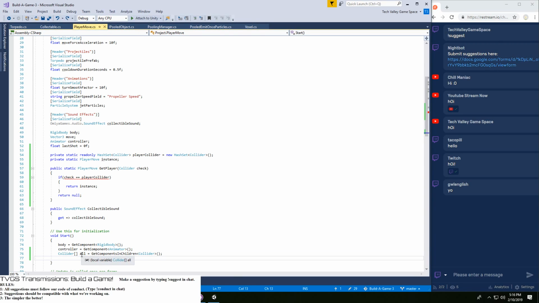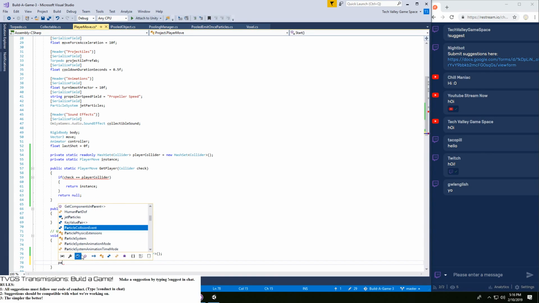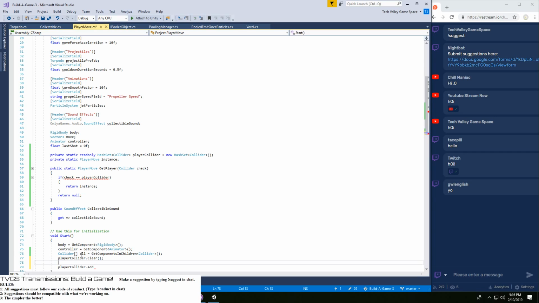Whoops. Player collider dot clear. Player collider dot add. Oh, it just says add. Okay, well that's good to know.